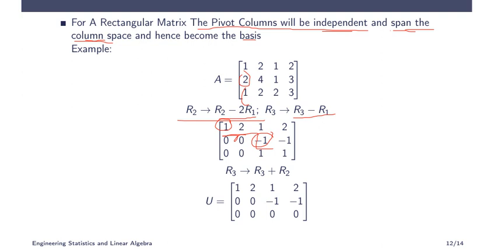So here you have minus 1, here you have 1, so we have to make this one a 0, so you have to add the second row. So R3 becomes R3 plus R2. If you add, 1 plus minus 1 is 0 and 1 plus minus 1 is 0, because these two are 0 already, if you add these two, that will become 0 and 0. So you have 4 zeros.